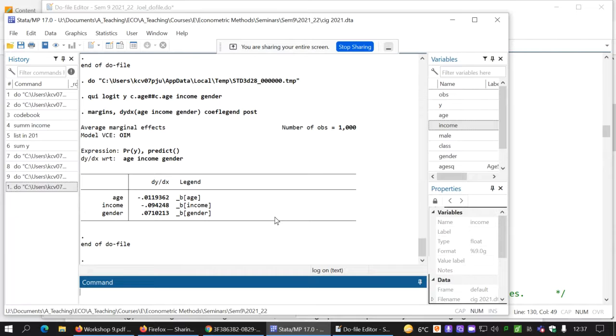Similarly, for income, a unit increase in income reduces the propensity to smoke by 9.42 percentage points. And similarly, because gender equals 1 for males, then males are 7 percentage points more likely than females to smoke. But that's a bit odd because you can't really change genderness. So it's a bit of a false